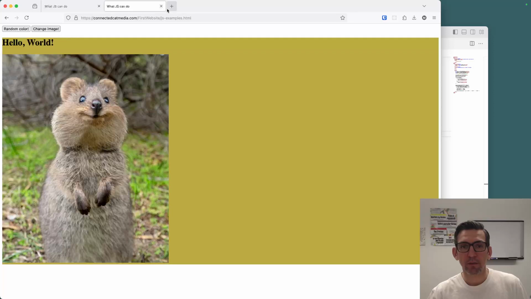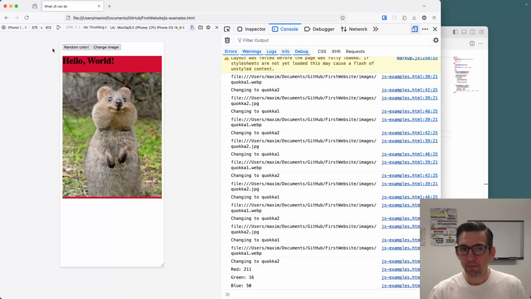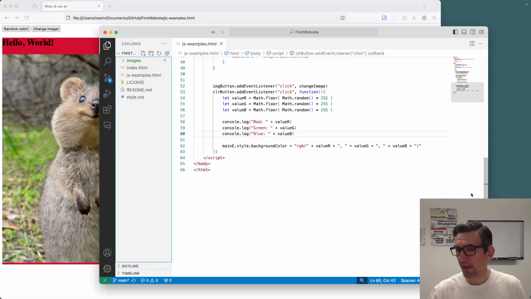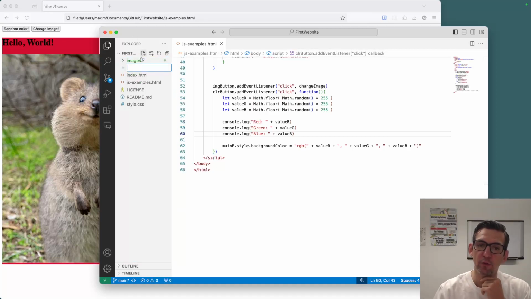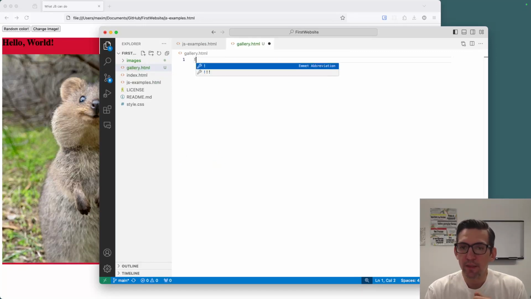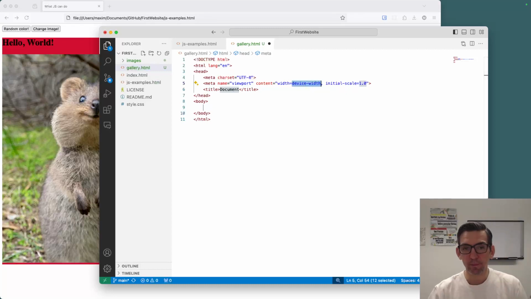Okay, so let's close all the stuff. This was a mobile view of our site. We're actually not going to be using this page anymore, and we're going to go back to our repository, right? And we're going to add a new page here. Okay, it's going to be gallery.html. So we can, as always, start with just an exclamation point and an empty HTML document, and that will give us the Emmet abbreviation and give us the template. So let's put in gallery